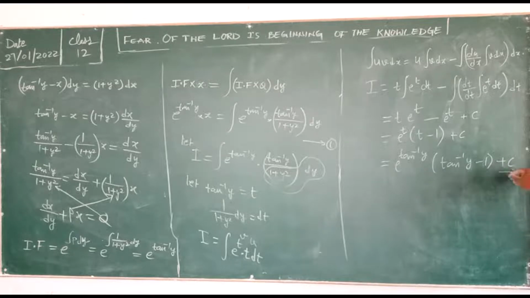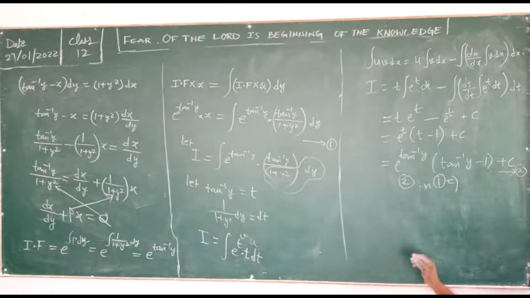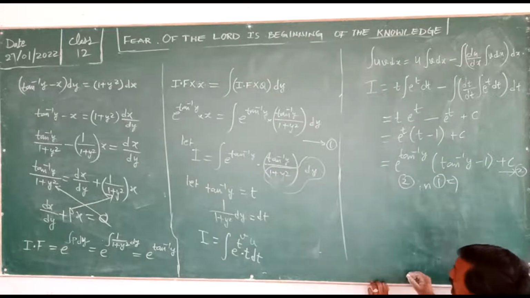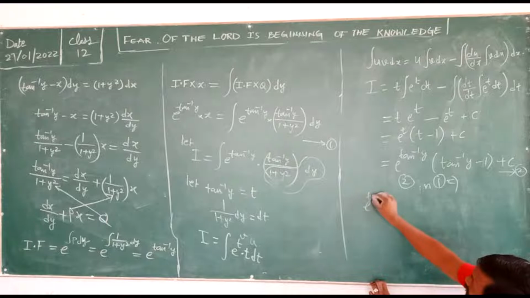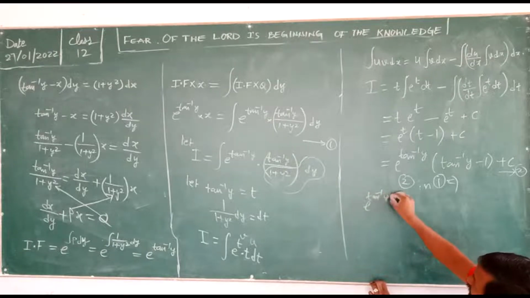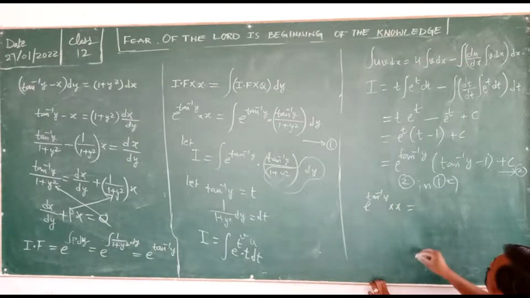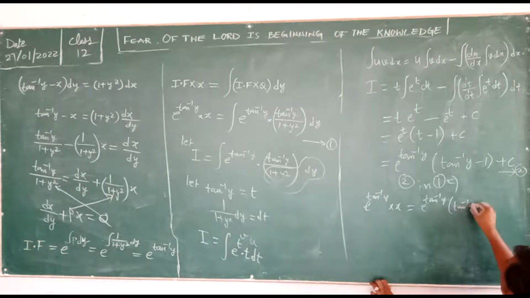This gives us equation 2. This 2, the value you have to substitute in the first equation. So then what will we get? We'll get e to the power of tan inverse y into x is equal to